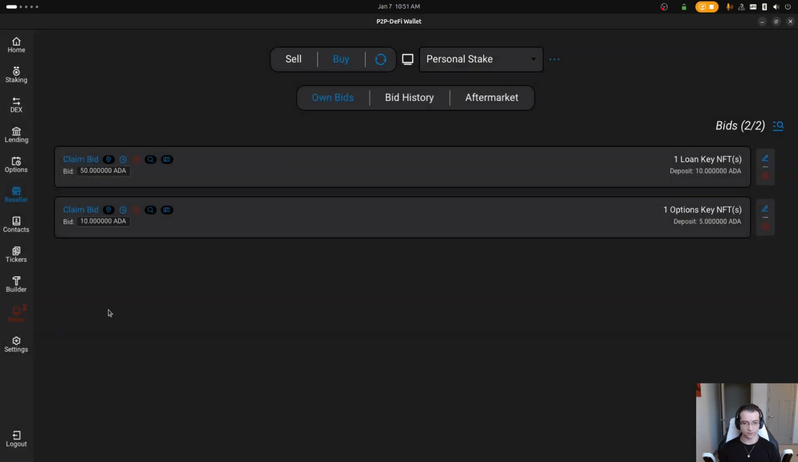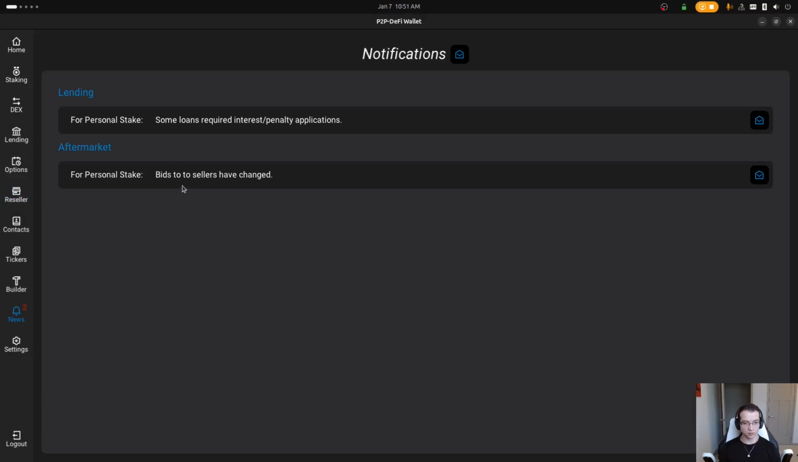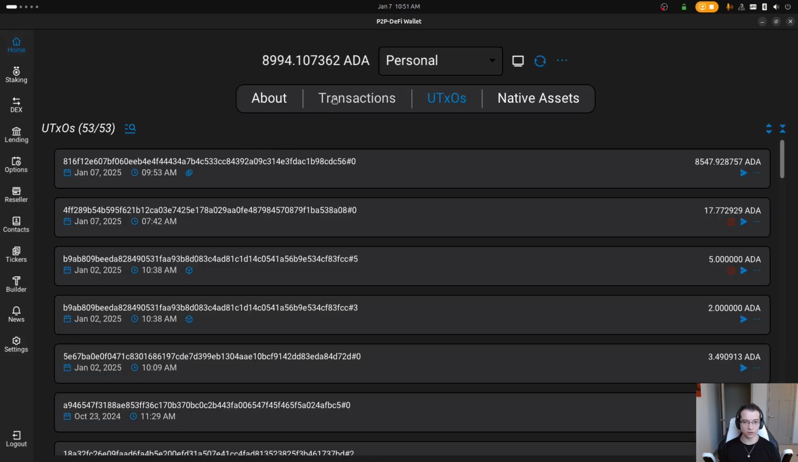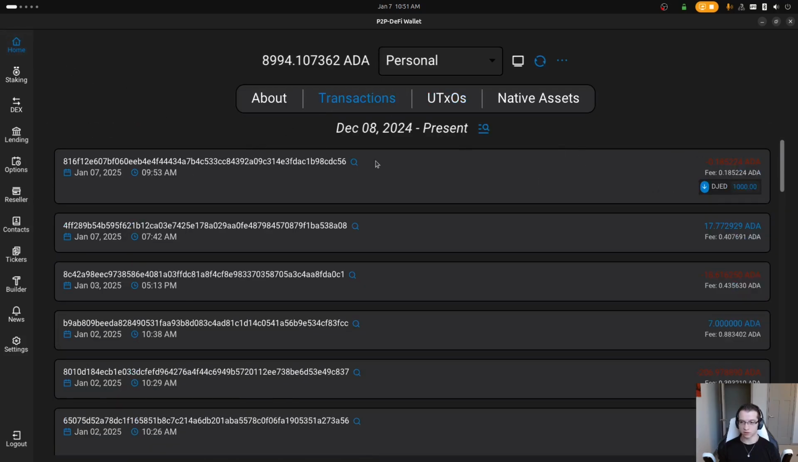That was quick. In the notifications, we see bids to sellers have changed. And we can see them under the buy own bids, the 2 claim bids that we just created. The spot, if we go to home and transactions,